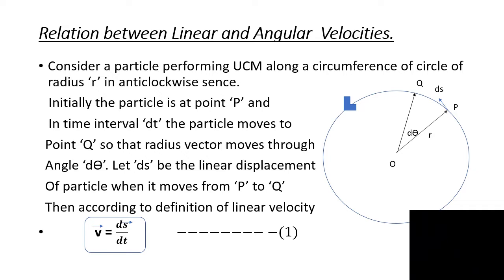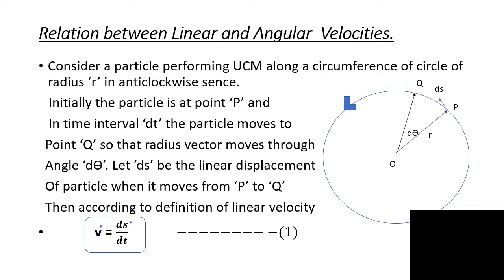Initially, the particle is at point P, and in time interval dt it moves from point P to point Q, so that radius vector rotated through angle d theta. If linear displacement is ds bar and angular displacement vector is d theta bar, then according to definitions of linear and angular velocities,